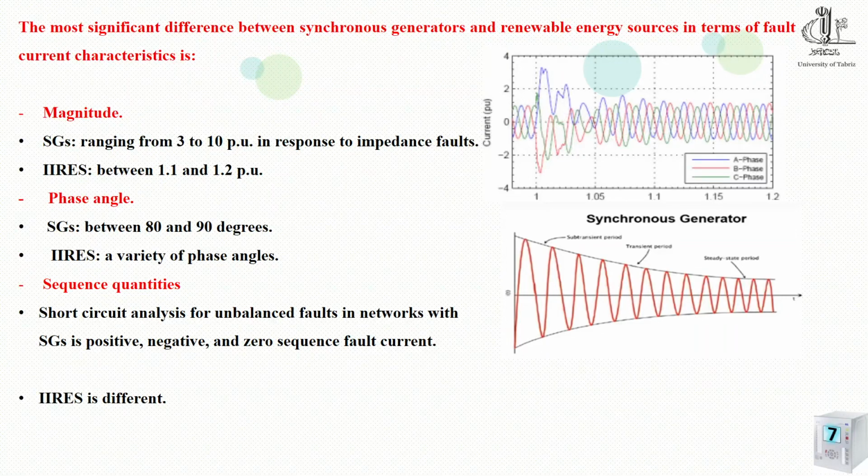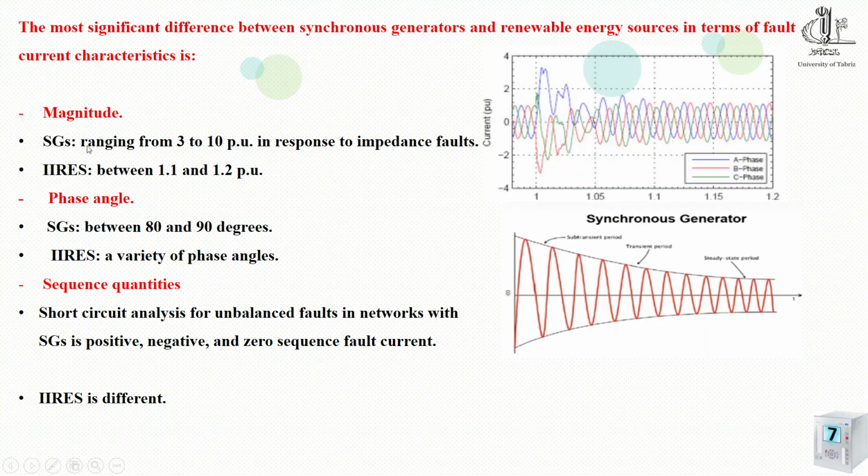This is the most significant subject: the difference between synchronous generators and renewable energy sources in terms of fault current characteristics, in terms of three items: magnitude, phase angle, and sequence quantities. In magnitude,